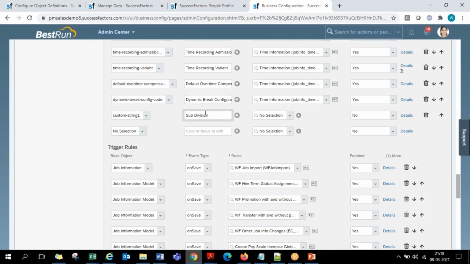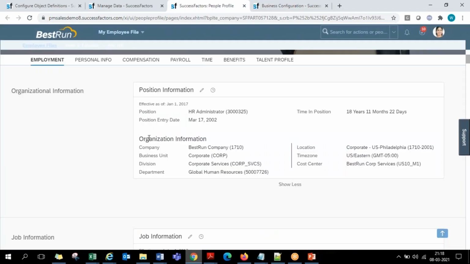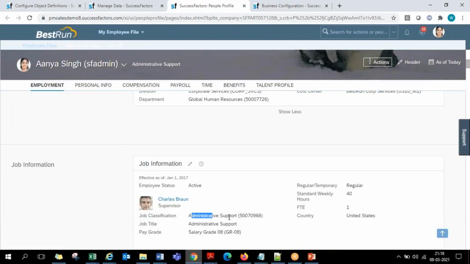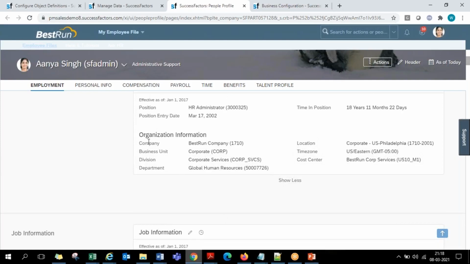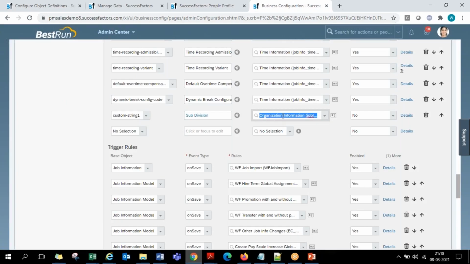Okay, and where should that display? This is a section. Under which section do you want it to be? Under the job info fields, org info fields, position info fields, all that. If I select org info, it will appear on the people profile under this heading. If I choose position info, it will appear under this heading. If I choose job info, it will appear here. That is actually an org structure field we want along with the other org fields. So we'll choose organizational information here in the sections, guys. Under job information, under the org information category, we want it.